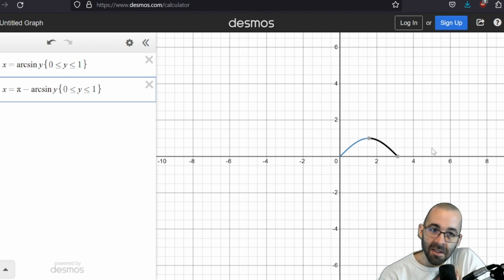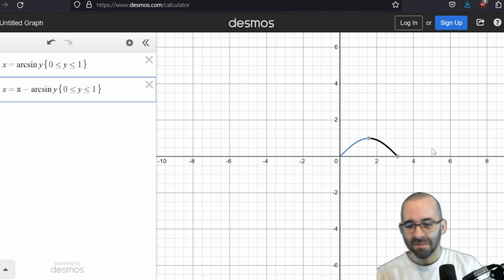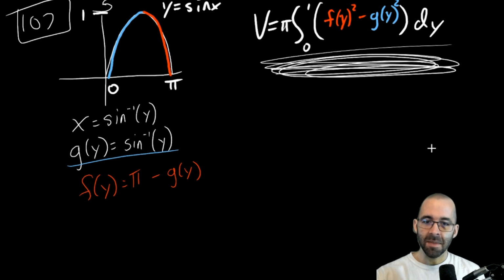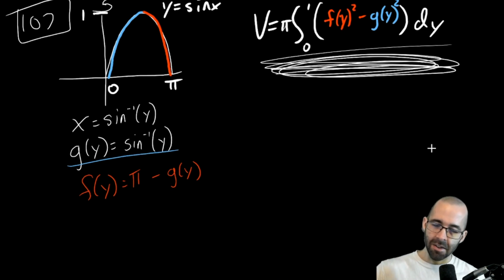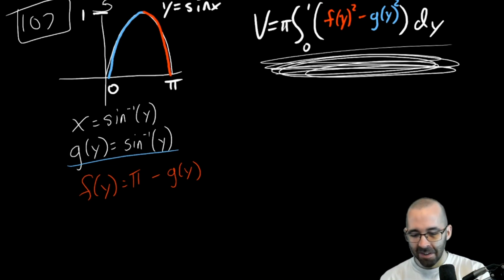As a side note, there's a much easier way of doing this. It's called the shell method that we haven't learned yet. And sometimes I'll say, hey, the disk method's easier, the washer method's easier. And sometimes I'll say the shell method's easier. The shell method is easier here, but we don't know it yet. Okay, so